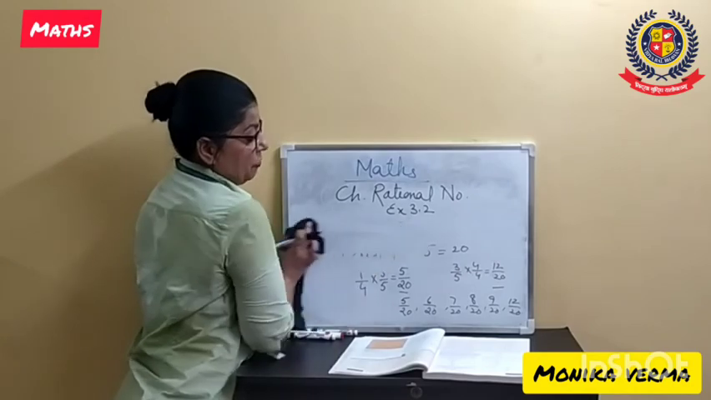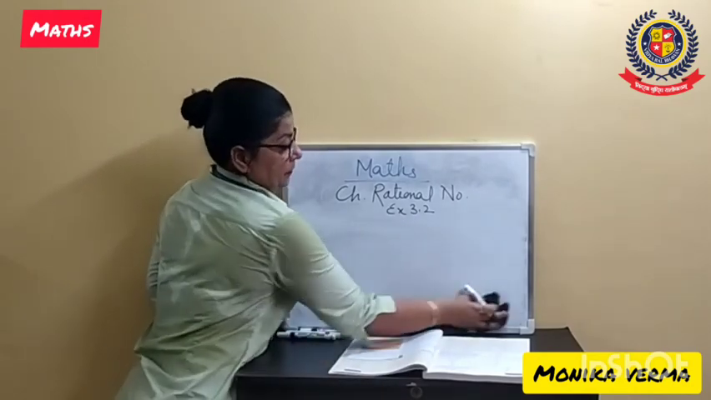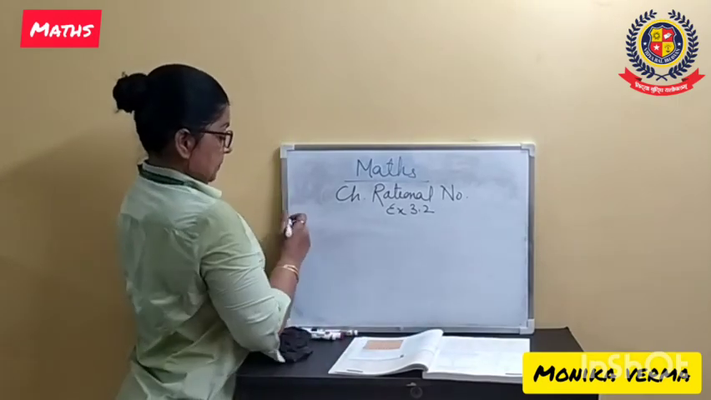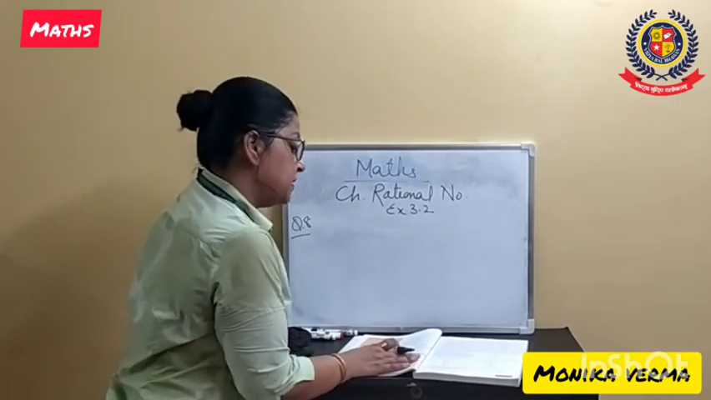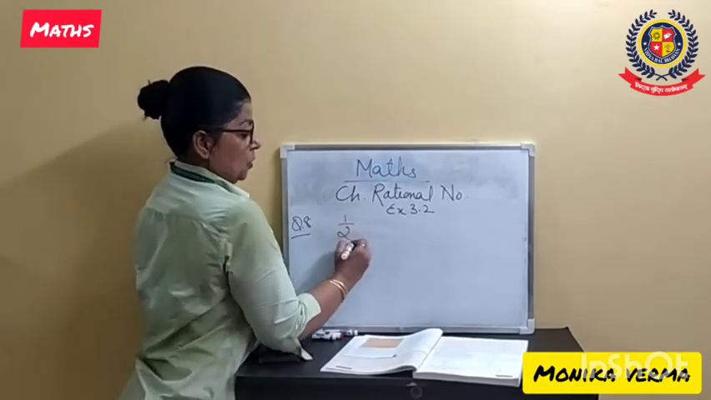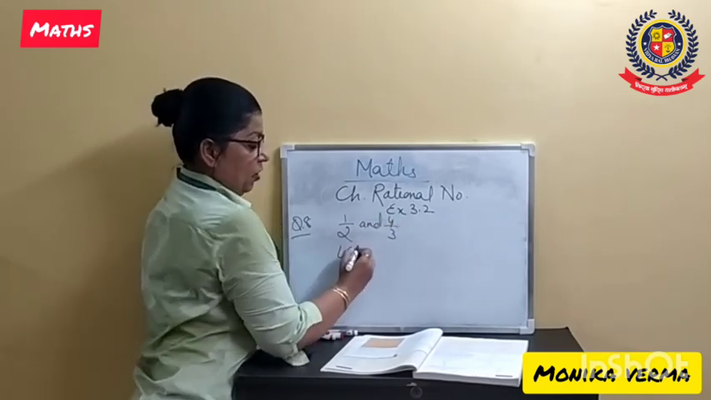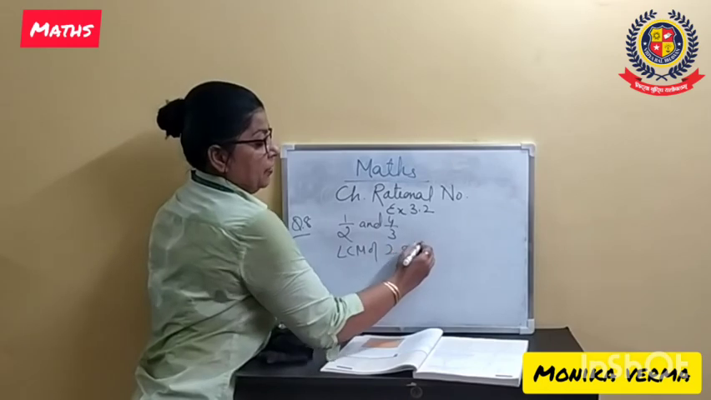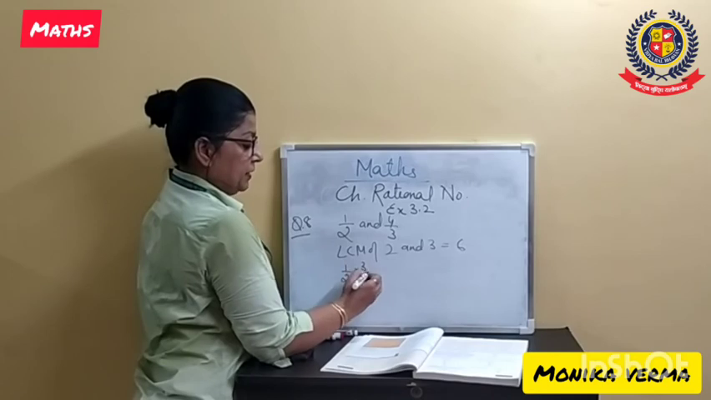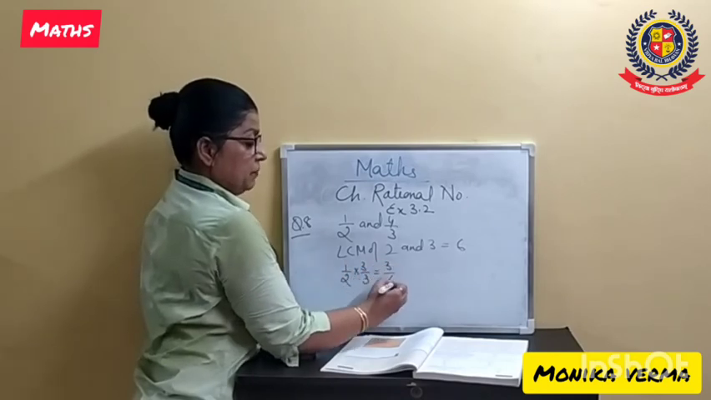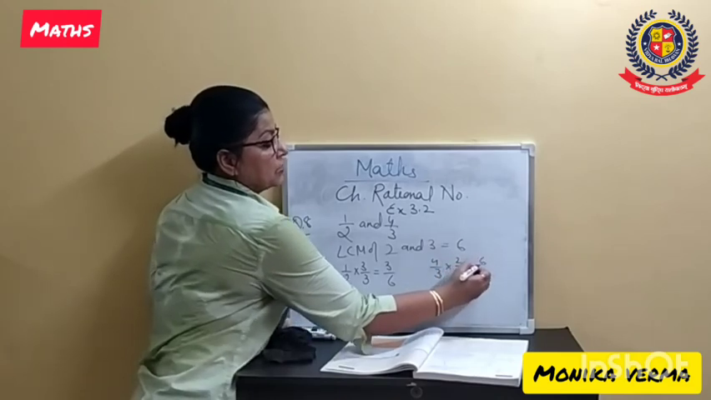Now we will do an exercise question. Exercise 3.2, question number 8. Find 2 rational numbers between 1 by 2 and 4 by 3. The LCM of 2 and 3 is equal to 6. 1 by 2 into 3 by 3 is equal to 3 by 6. 4 by 3 into 2 by 2 is equal to